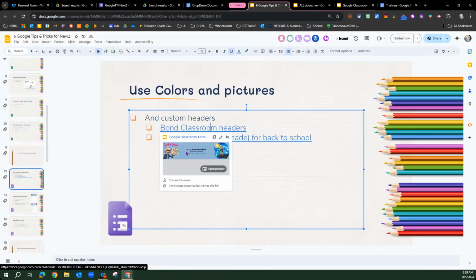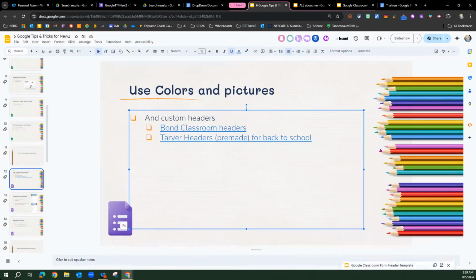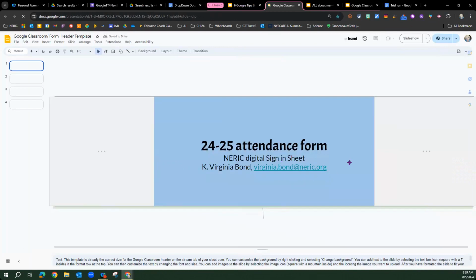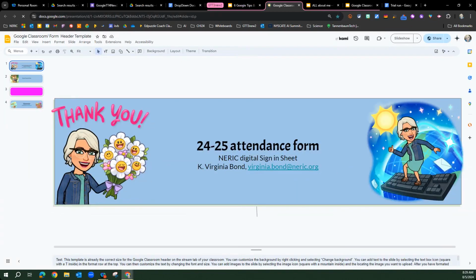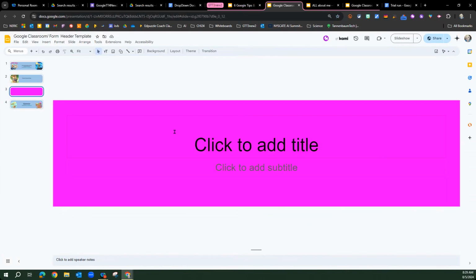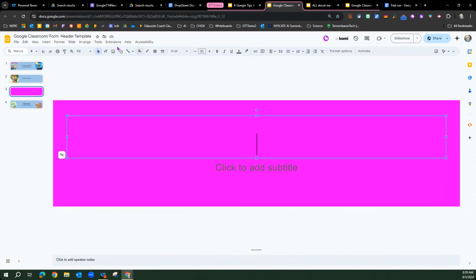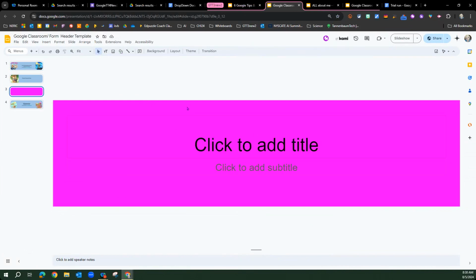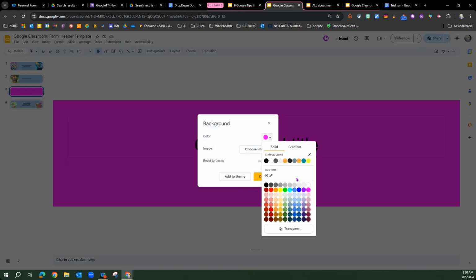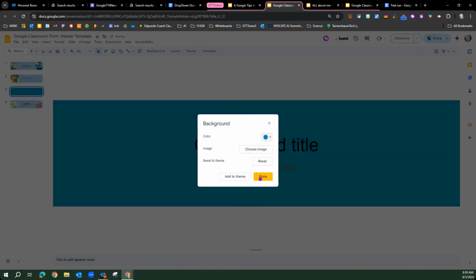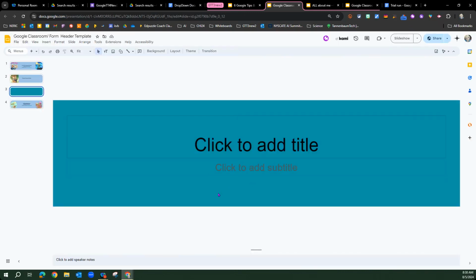In here, there is a custom header form. We're going to open that up. You should have access to this. All you need to do is follow the directions. It's pretty easy. I went in and I think this is a generic one. If you just grab this color box back here, you can change just the background and pick a different color. You can layer colors, right? Remember that when you use this, and this is actually for Google Classroom, but you can use it in forms